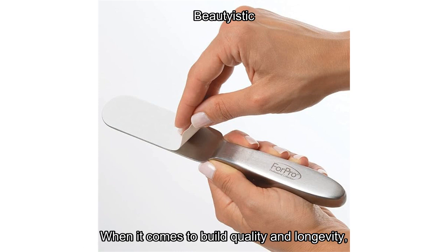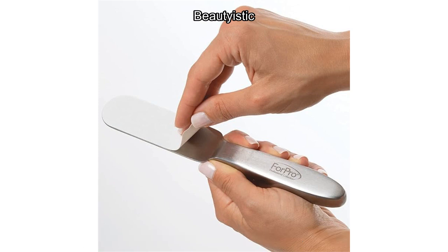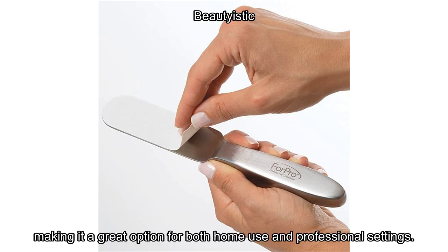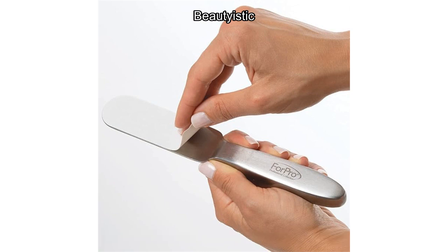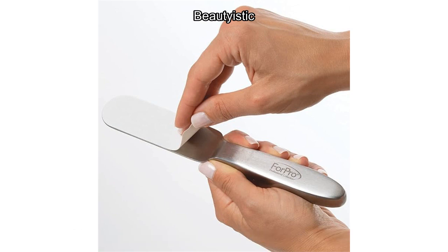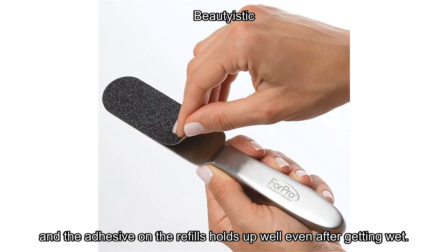When it comes to build quality and longevity, the stainless steel construction really shines. This isn't a flimsy tool. It's built to last and can be disinfected easily, making it a great option for both home use and professional settings. The file doesn't show signs of wear after multiple uses, and the adhesive on the refills holds up well